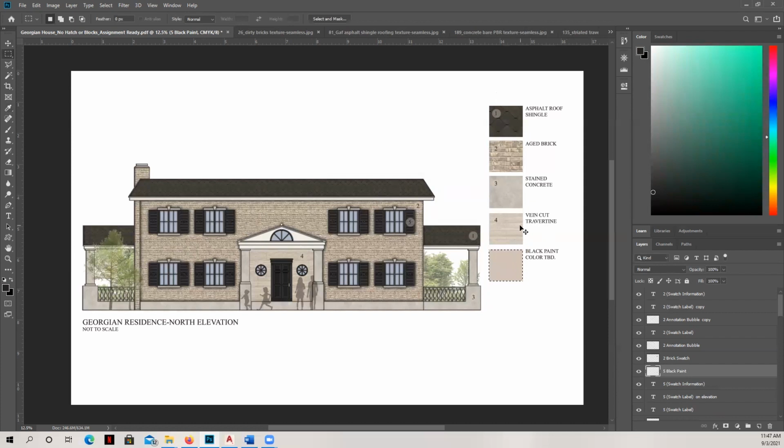Whoop, let's see what went wrong. Let's do that one more time. I've got a few, it looks like, on top of that. Okay, let's try it again.